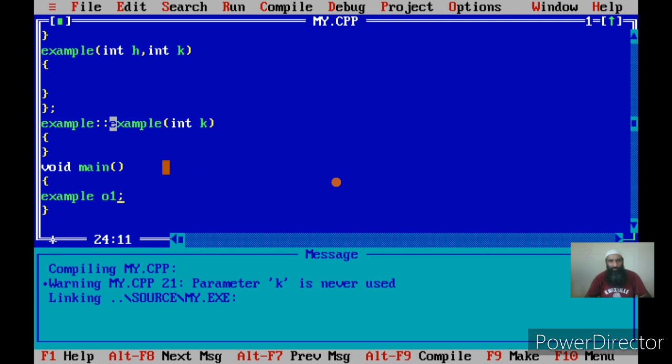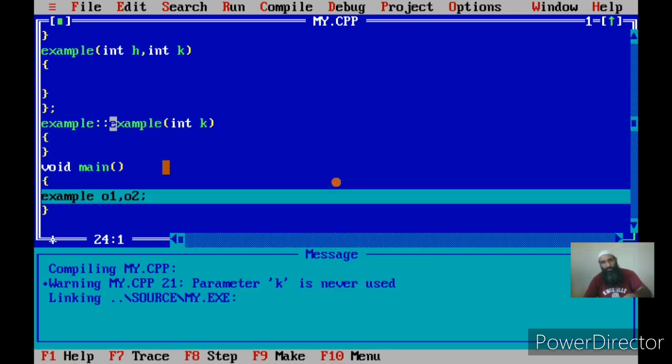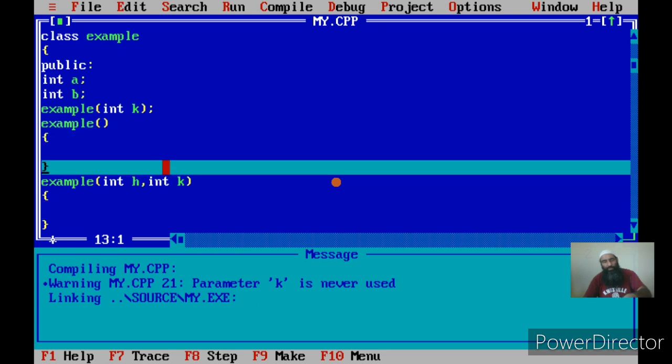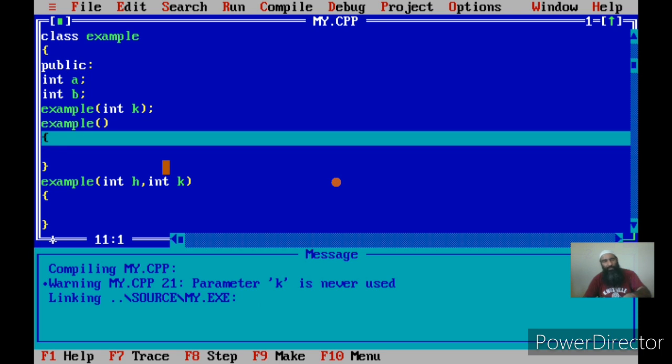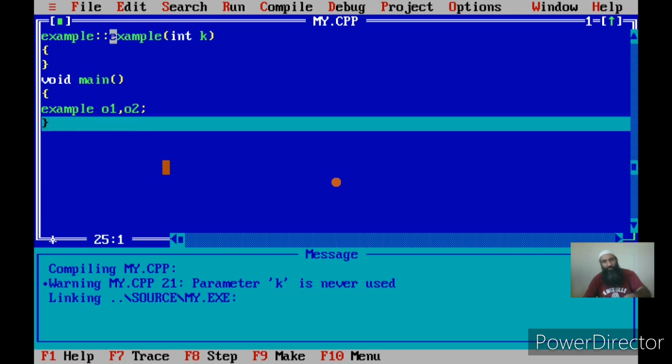Suppose I create an object O1, the first object, and I create another object O2. You will see that the constructor will be called two times: the first time for object O1, and the second time for object O2.